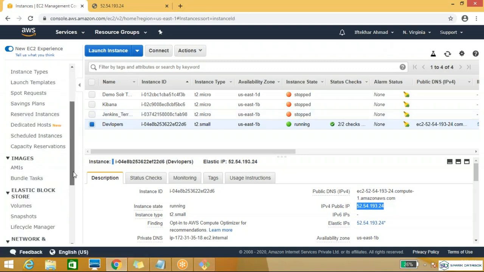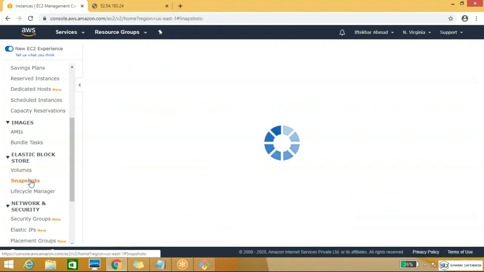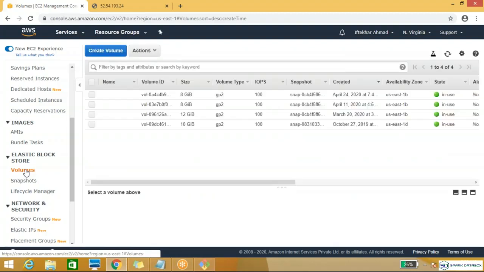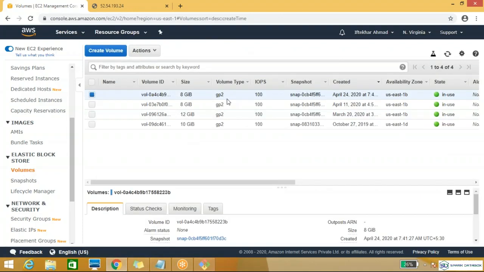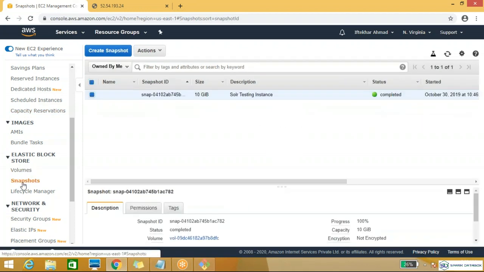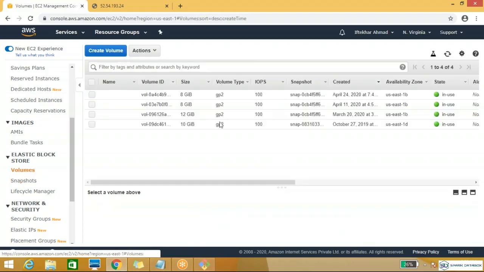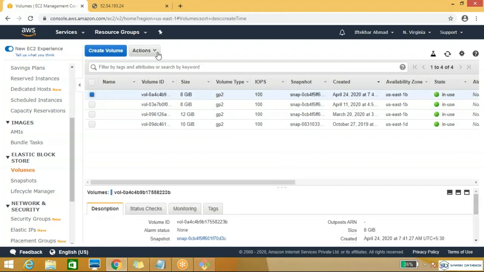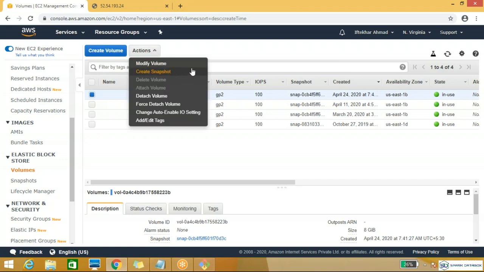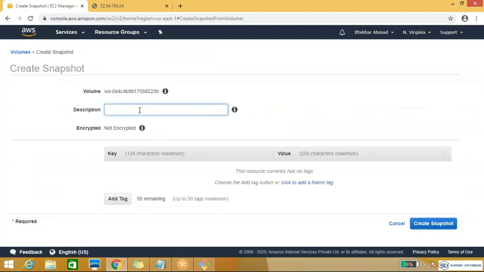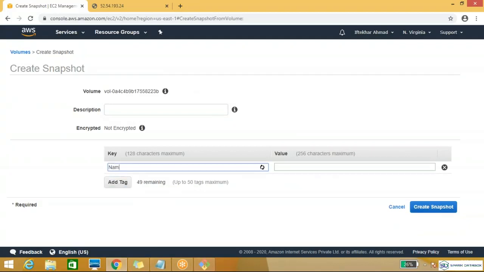So let me take a snapshot. Let me create a volume snapshot firstly. This is the volume which is showing. You can create a snapshot from here, and you can also create a snapshot in the snapshot section. Here I'm firstly creating a volume snapshot. You need to choose the snapshot volume. The second option is create a snapshot. If you want to put any description you can, otherwise just simply the tag name